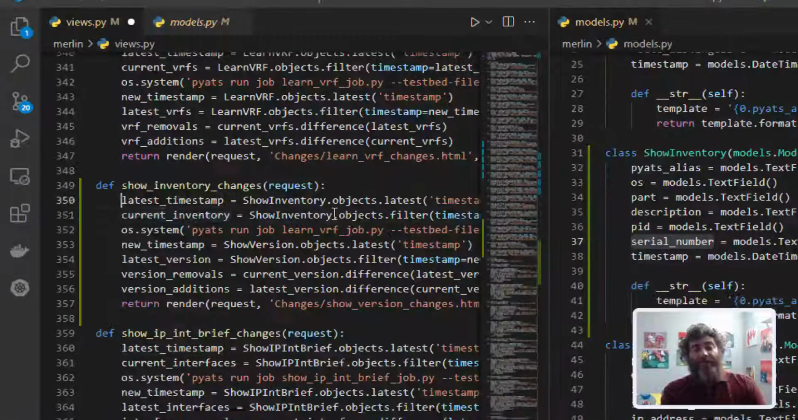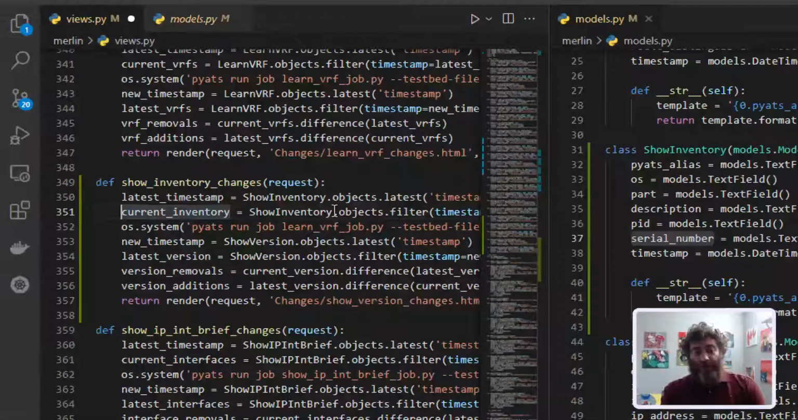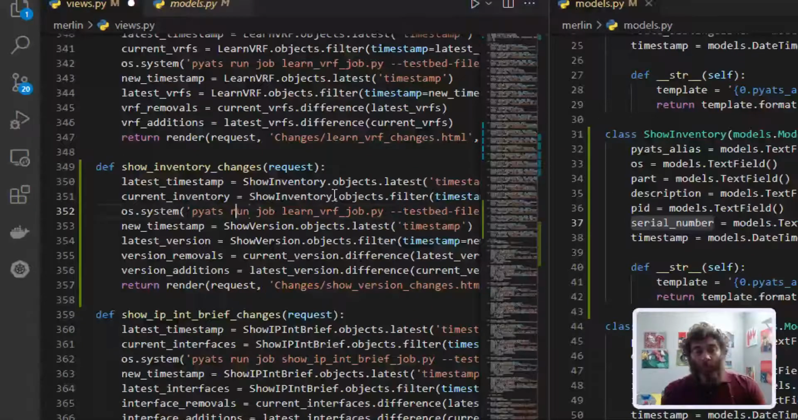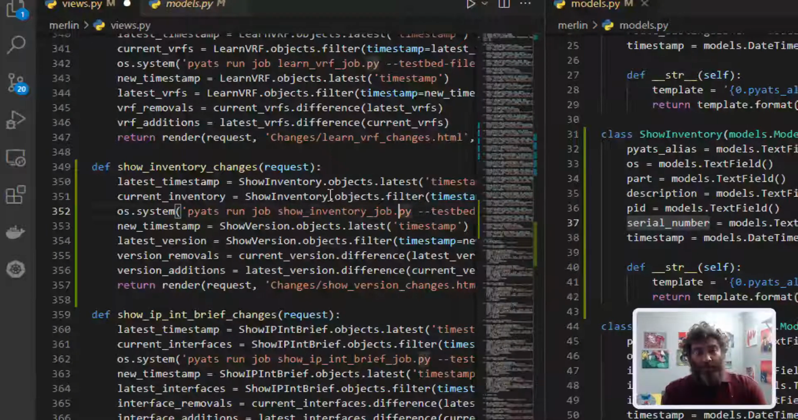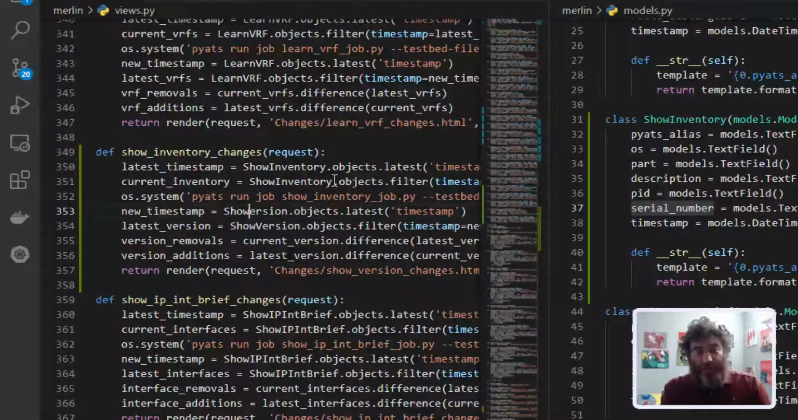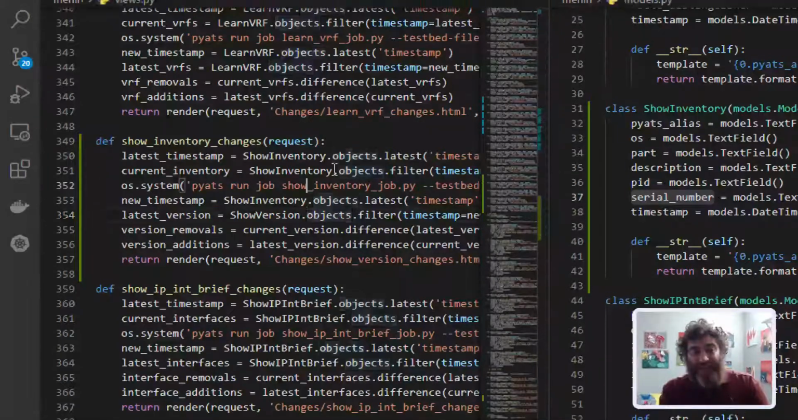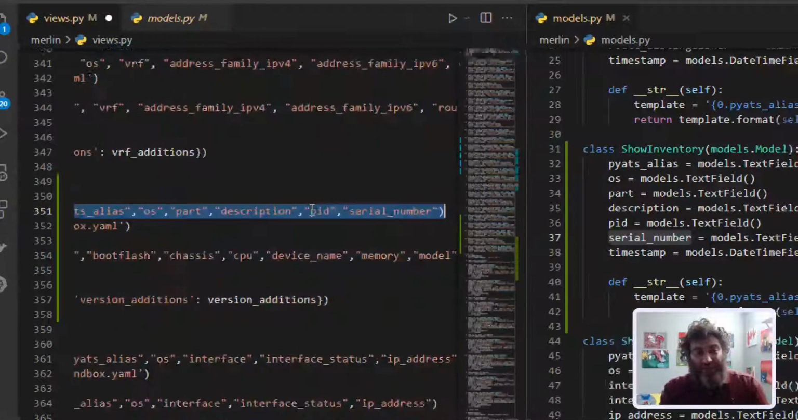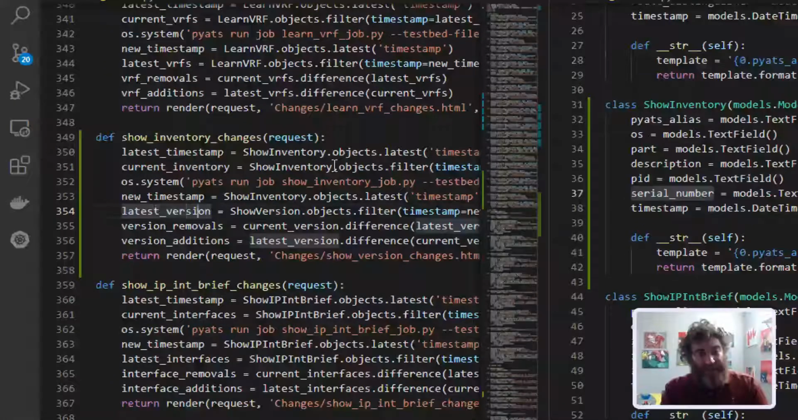So now, okay, we have the latest timestamp and the current inventory. So what do we want to do? Well, we want to go run the job. And this is actually the show inventory job to go capture and repopulate the database. So now we're going to do a new timestamp, which is the show inventory. Again, the exact same line from line 350 on 353. And then again, it's the exact same line. I'm actually going to steal it because I don't want to type all that again. So that's going to go here in the latest version